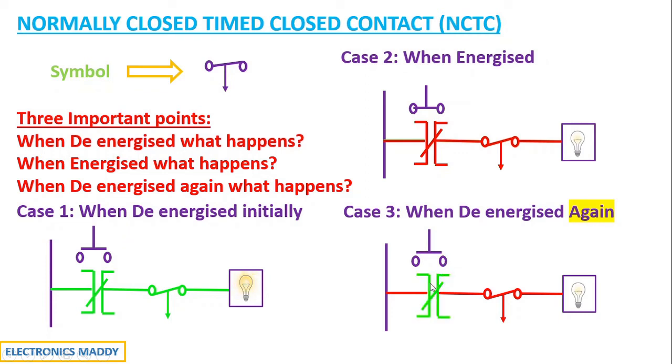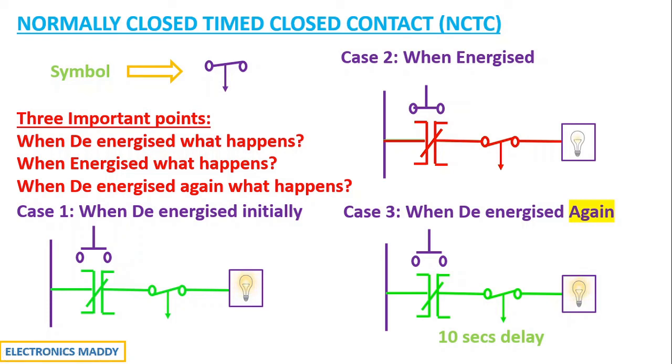In that case, it will get energized because these are normally closed contacts, and current starts flowing through the rung. And now from the point where the current starts flowing and the rung gets energized and it is given to this normally closed time closed contact, the timer starts. So we will be programming the timers and we will be deciding the time duration. For example, if you are considering a 10 seconds delay, it will take 10 seconds for it to supply the current to the load and the light to glow. So for 10 seconds, the light will not be glowing and the output will be in low state. And that is why we will be utilizing this in a lot of different applications. And that is why it is associated with time as well.